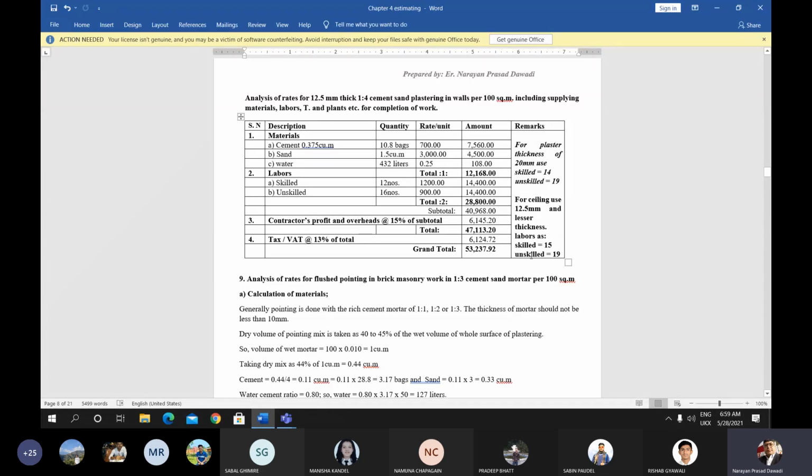Labor as skilled 15 and unskilled 90. For the ceiling plaster, the skilled manpower can be taken as 16 and 15 and 19 instead of plastering of the